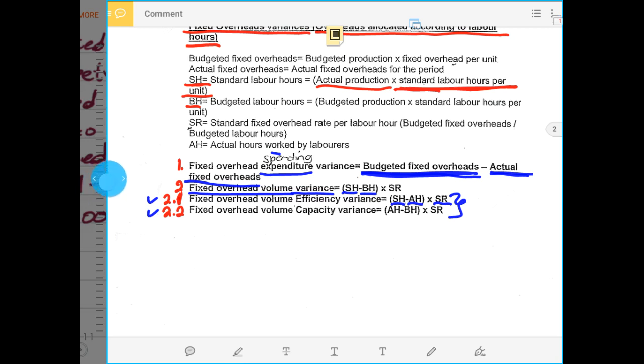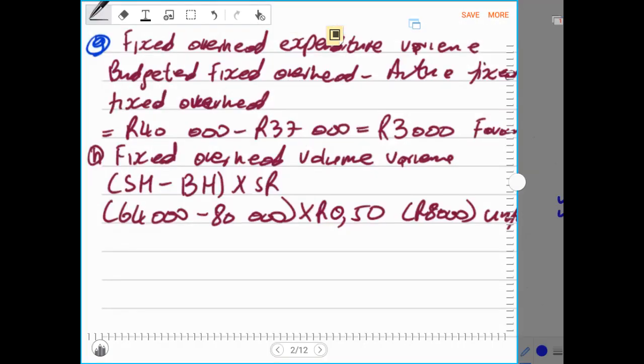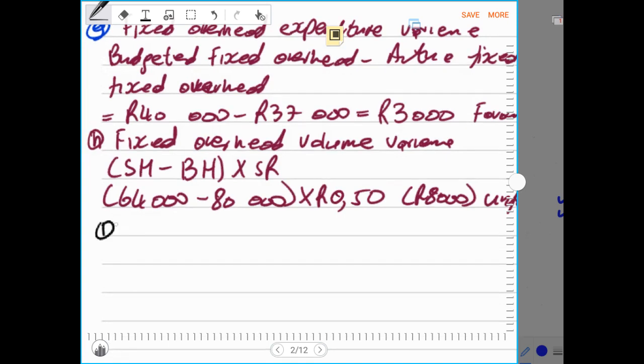Then now we will have to do these two variances, which are fixed overhead volume efficiency variance and fixed overhead volume capacity variance. Fixed overhead efficiency variance is the one that we are doing, which all of them are under I. Fixed overhead volume efficiency variance and capacity variance. Fixed overhead volume efficiency,